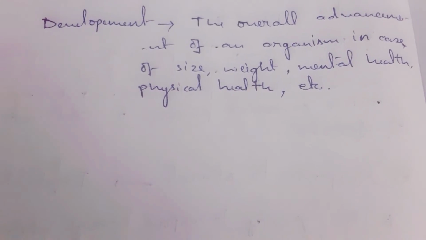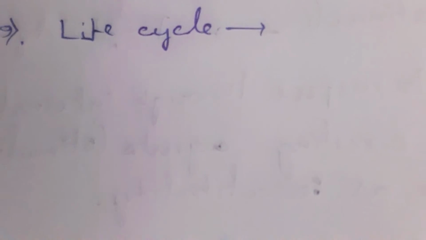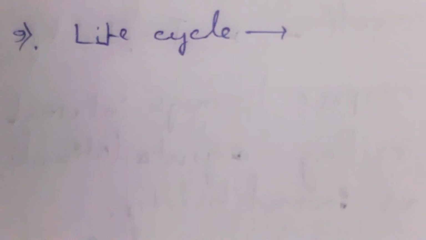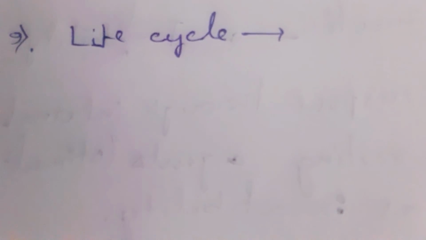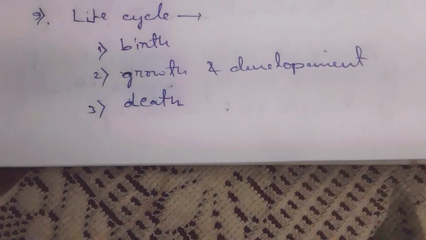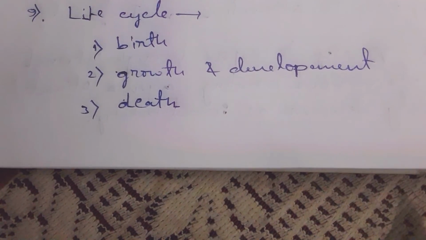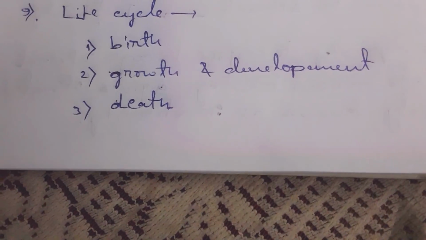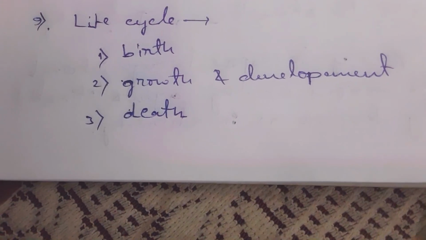We must note that. So the last characteristic of life is the life cycle itself. Now the life cycle is necessary to keep as a point, since life means death, and life means advancement, life means growth, life means development. Everything is accounted for in this point. So it is constituted of birth, then growth and development, mental growth and development, then physical growth and development, then sexual development characteristics, and finally, after all, the life cycle goes on to death. The last phase of the life cycle is death.